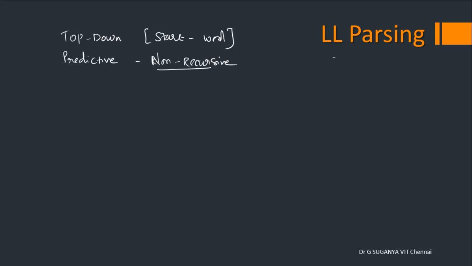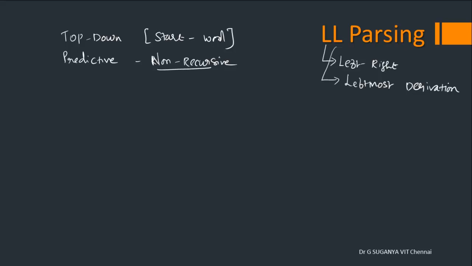Commonly these top-down parsers are called LL parsers. The first L, as usual, stands for left-to-right scanning of input, so whatever input we have in the buffer will be scanned from left to right. The second L stands for leftmost derivation. When you try to arrive at the word and observe keenly, you could see the leftmost derivation is the result of that. So that's the meaning.